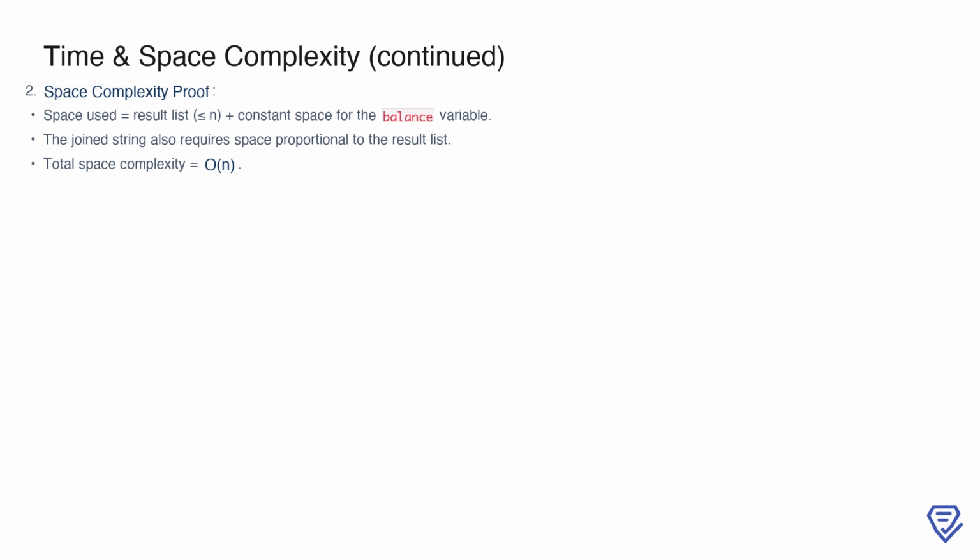For the space complexity, the proof lies in the memory usage of the algorithm. The result list, which holds at most n characters, is the primary contributor to the space complexity. Additionally, the balance variable uses constant space, O(1), and the join string requires space proportional to the size of the result list. Summing these factors